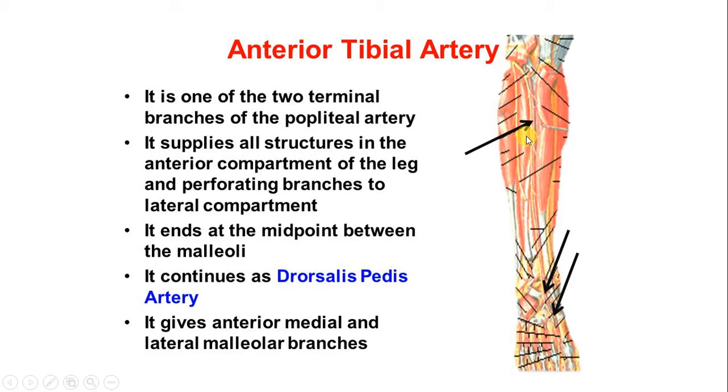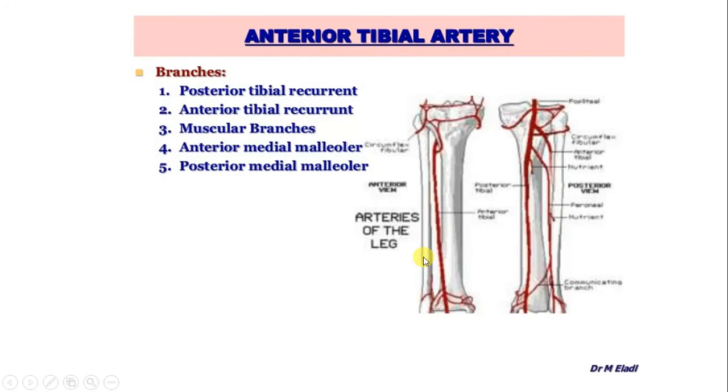It will supply the structures in the anterior compartment of the leg and perforating branches of the lateral compartment. At the midpoint between the two malleoli, that is medial and lateral malleolus, it will enter into the dorsum of the foot, and it will be renamed as dorsalis pedis artery, and then at the end it will give medial and lateral malleolar branches. So branches of the anterior tibial artery we can appreciate here: posterior tibial recurrent, then the anterior tibial recurrent, then the muscular branches,